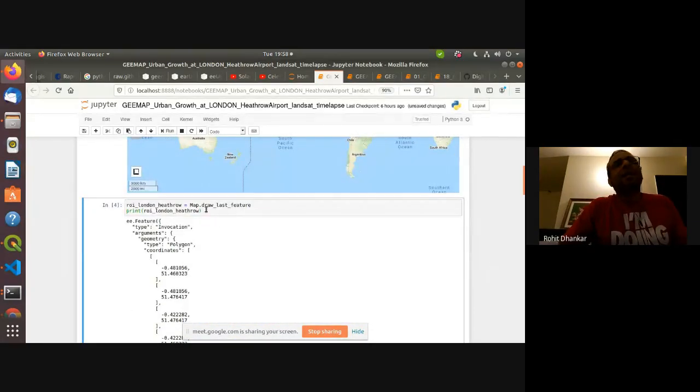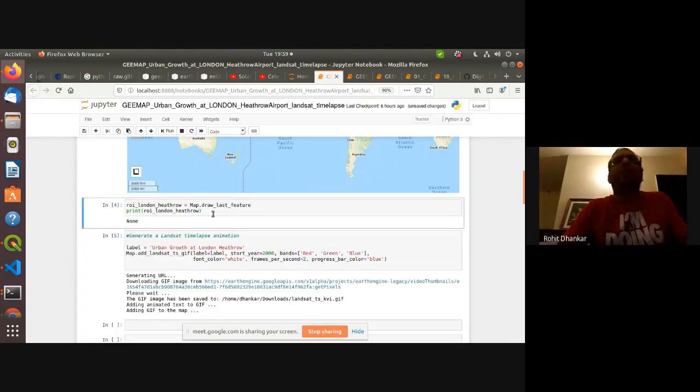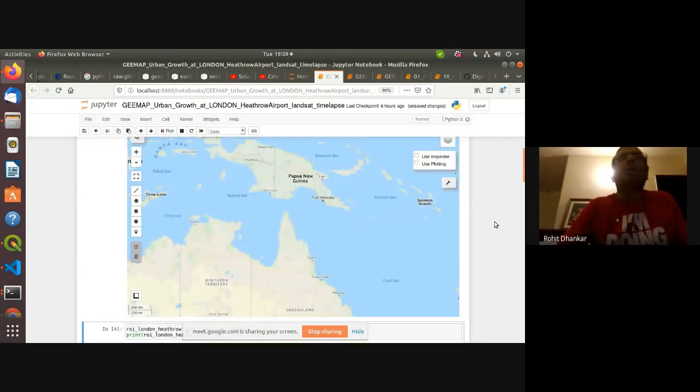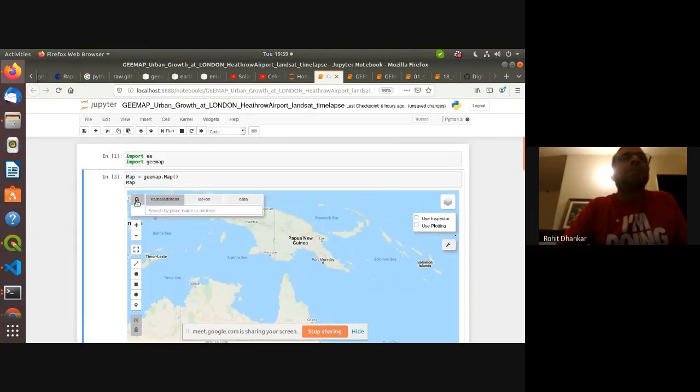So it'll basically create this object. So it's gone ahead and created an object which is the draw last feature object, and which is part of his map class or whatever is there. And if you go ahead and put it into this variable, which you can call whatever you want, and print it, right now it is showing me none because it did not do that properly. One second, let me do it again. I should not be in a hurry, otherwise. Yeah, so let's say